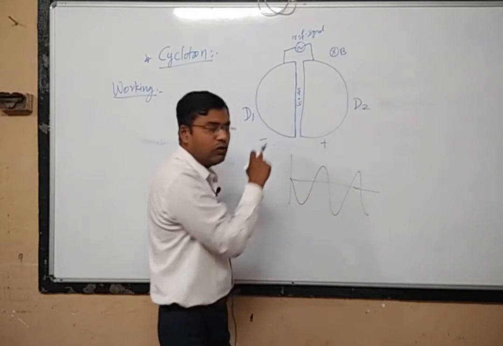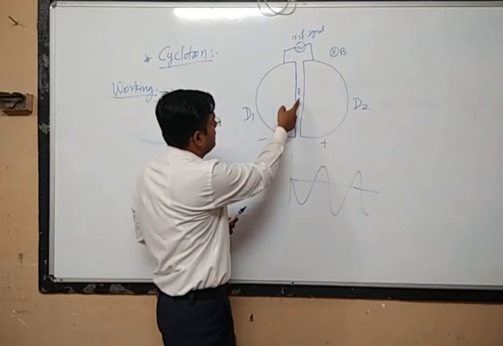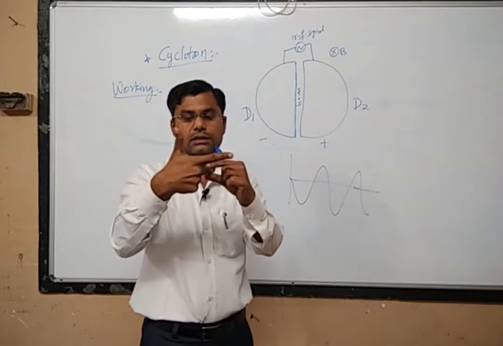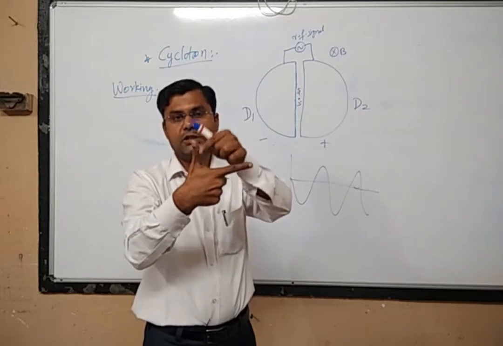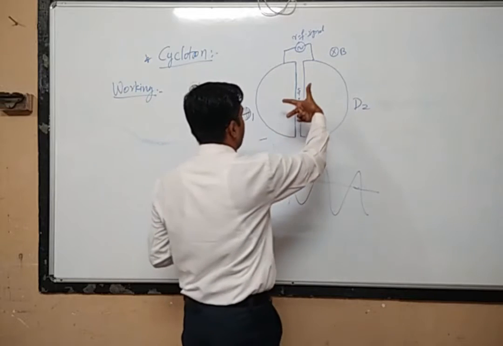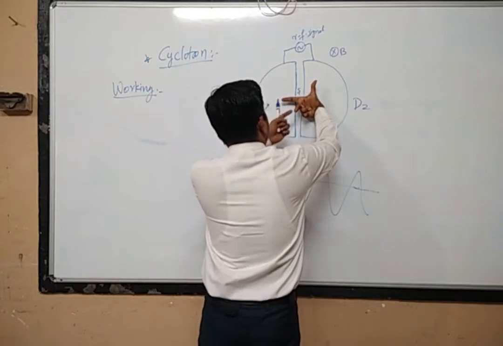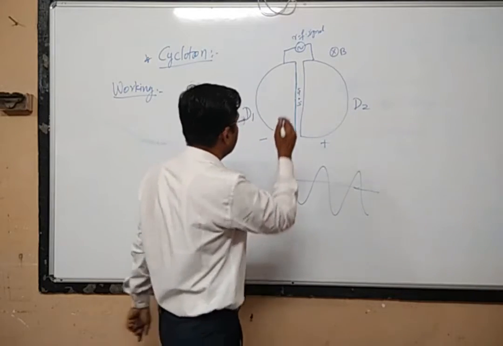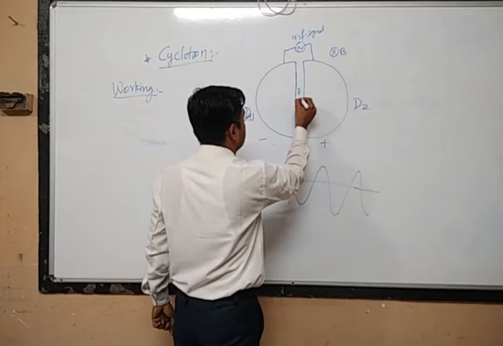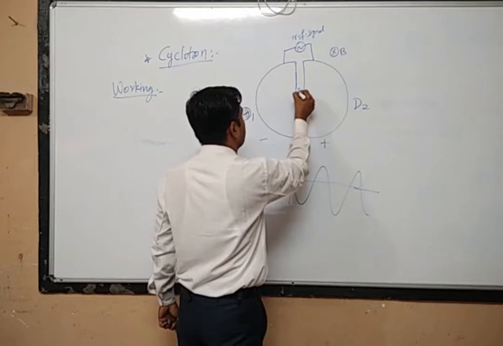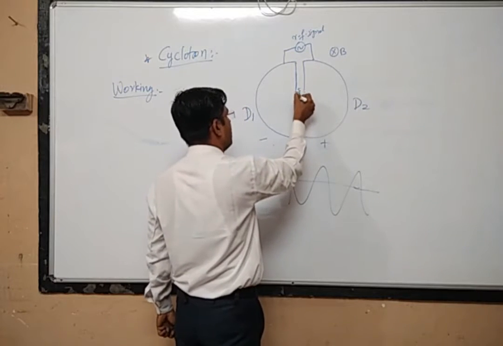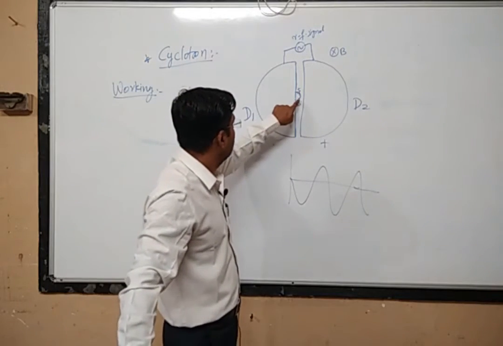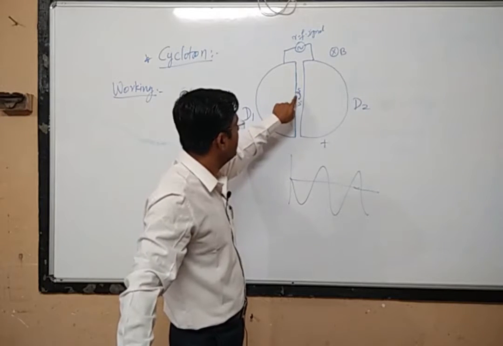In which direction will it follow circular motion? Remember that D1 is attracting the charged particle. This is the direction of velocity, this is the direction of the magnetic field, and this will be the direction of the magnetic force. The force will be in the vertically upward direction. So the charged particle will move like this. It will be accelerated towards the D, but in the form of circular motion, so the charged particle will trace a circular path.